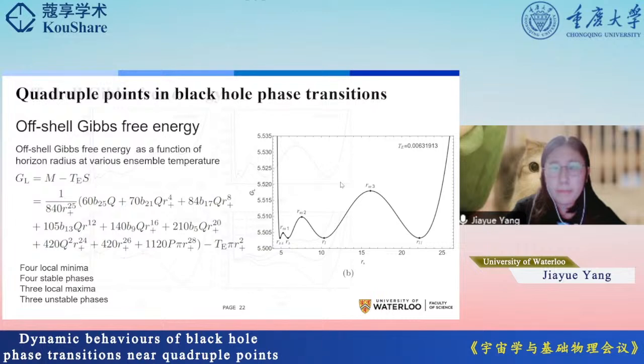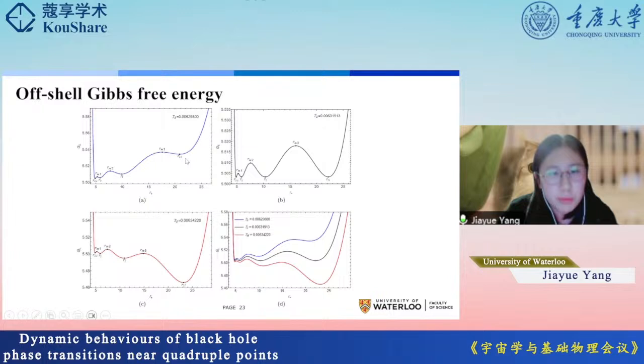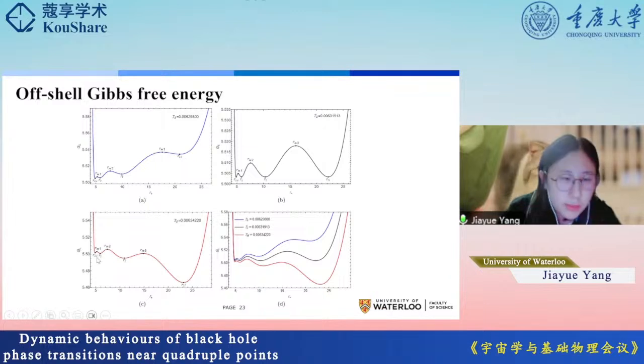value. But if I just lower the ensemble temperature, the smallest black hole has the lowest Gibbs free energy, and the largest black hole has the highest Gibbs free energy. And also, if I raise the ensemble temperature, as we can see, the smallest black hole has the highest Gibbs free energy, and the largest black hole has the smallest Gibbs free energy. Here, for the red one,